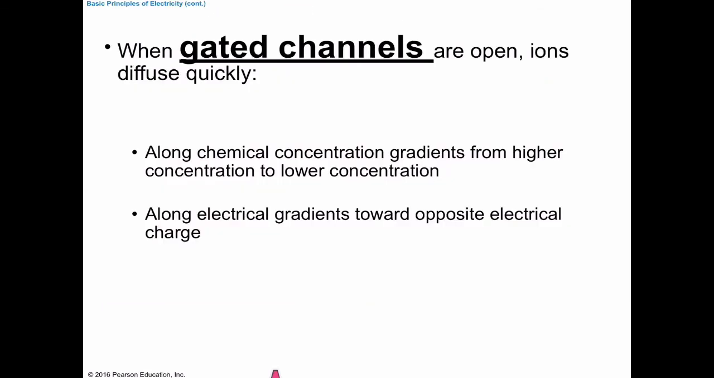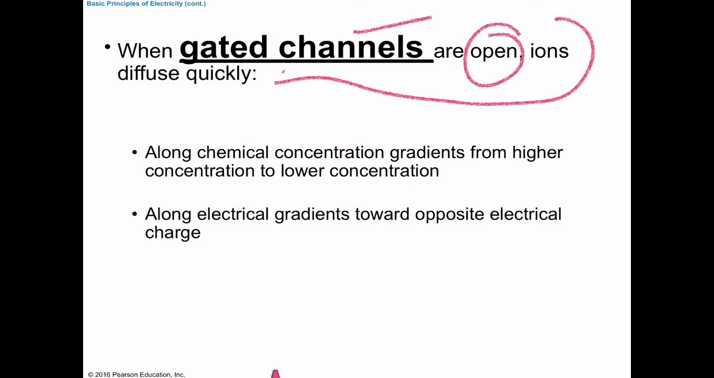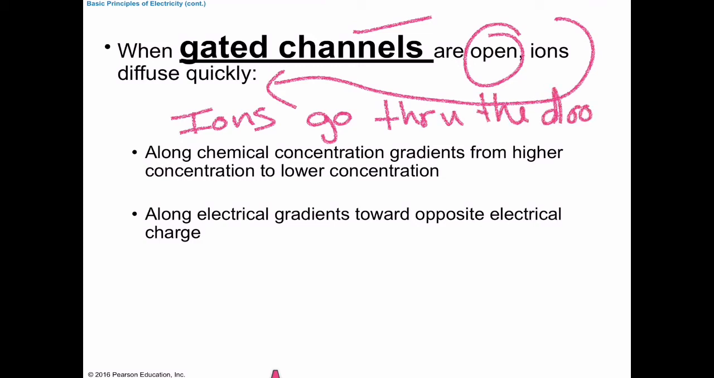All right, so when gated channels are open, ions diffuse quickly, meaning ions go through the door, right? Because that makes sense. When you open a door, you're going to go through it. So when the ions have their door, that gated channel open, they're going to go through it. So along with a chemical concentration gradient, it goes from higher to low. So concentration gradient means this. So you remember